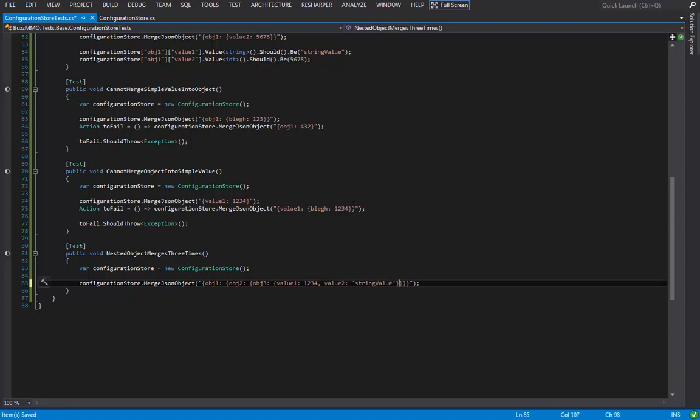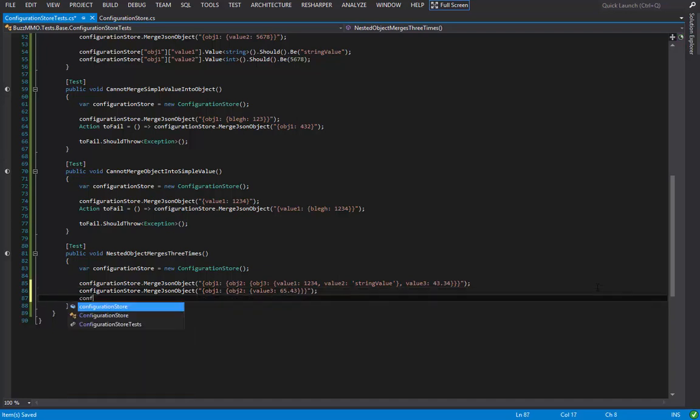And then let's also give obj2 a value 3 of 43.34. Then let's replace that value 3. To replace that value 3, we need to select obj1, then obj2, and then value 3, and replace it with